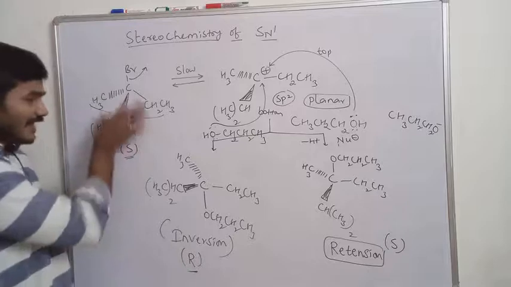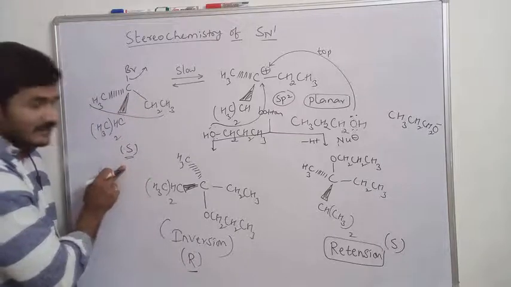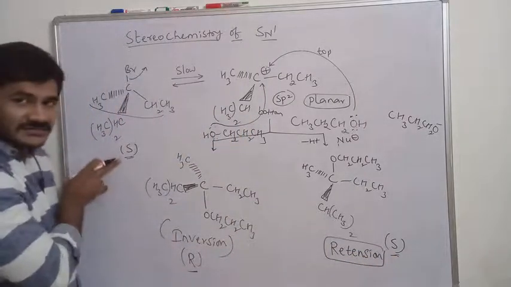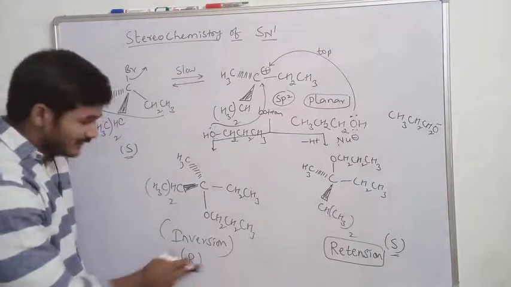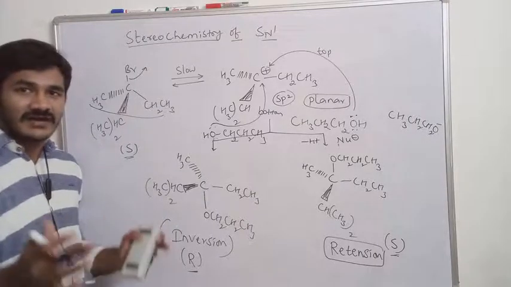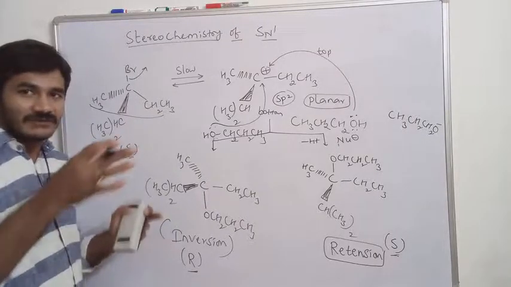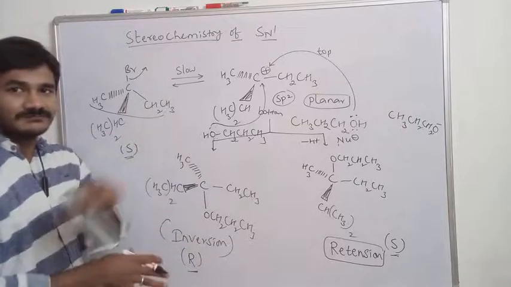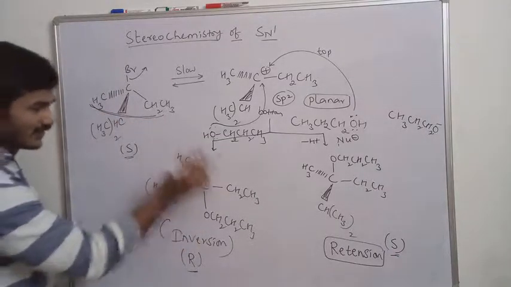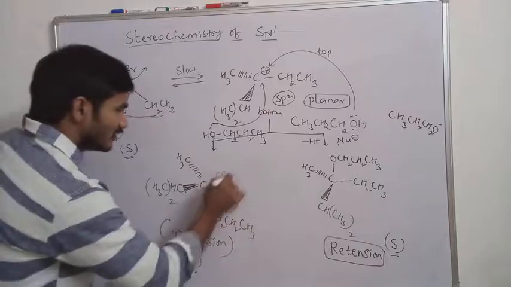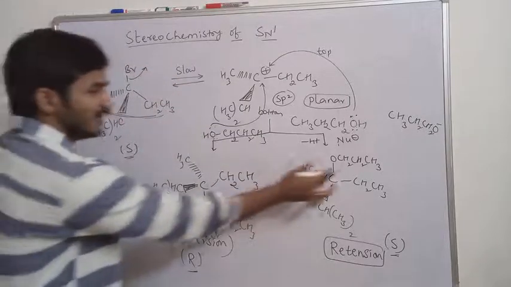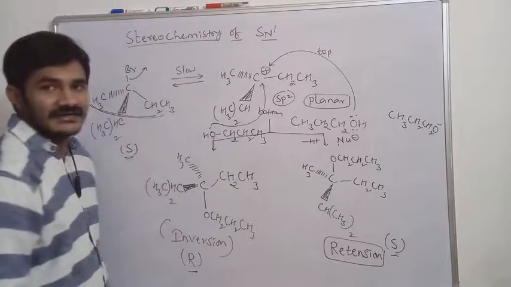If the reactant configuration is S and the product configuration is also S, that is said to be retention. If the reactant configuration is S and the product configuration is R, that is inversion, when groups have been reversed, inverted. When a strong wind comes and attacks the umbrella, it completely becomes reversed, inverted. So that type of configuration is said to be inversion. The groups are completely down here, and here these are up. If you want, you can write like this also, CH2CH3. But here, in the place of the leaving group, we are getting the substituent, that is said to be retention configuration.